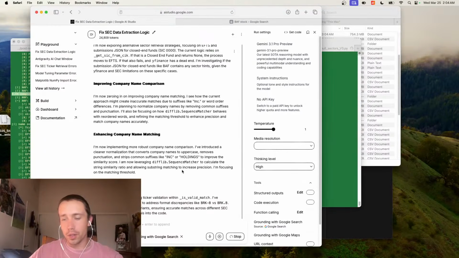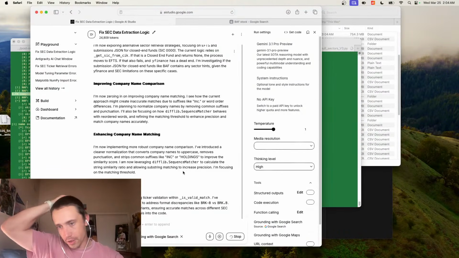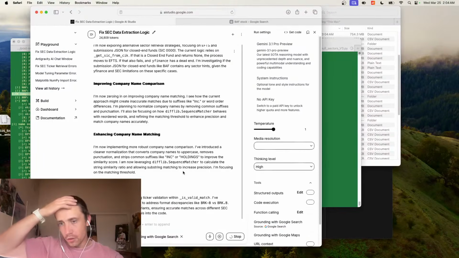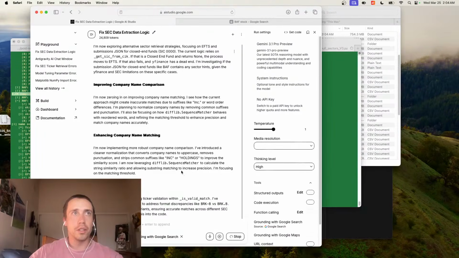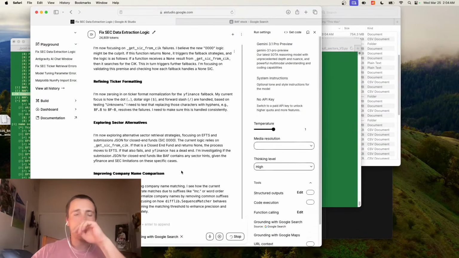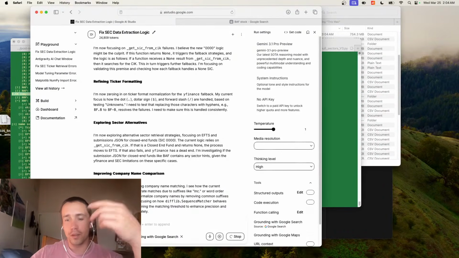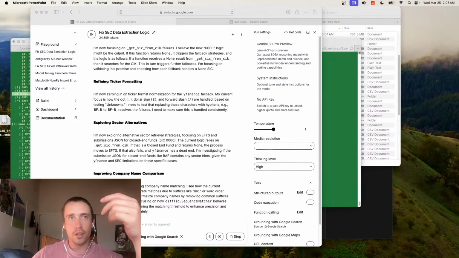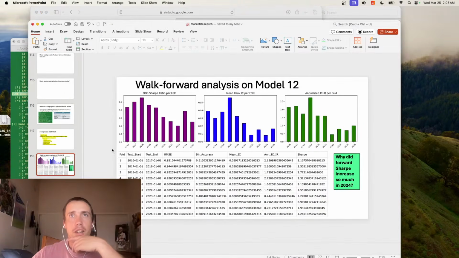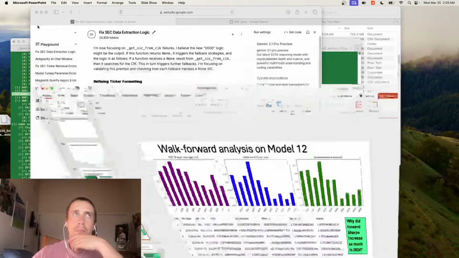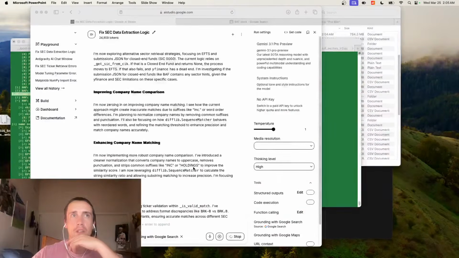You would essentially create a connector that gives Claude access to your functions, where it would be able to run the code and just return the results to your web browser in plain English. Yes, that's exactly what I want to do. But then the problem is that's going to cost people a lot of money, I think, because running the code takes a long time. Like this walk forward analysis I did, that took like maybe an hour. Maybe not, but it definitely took like at least 30 minutes.